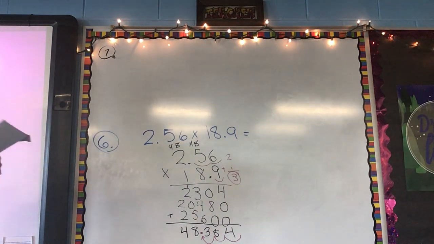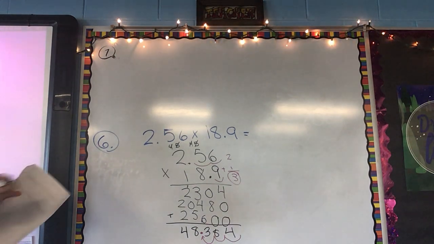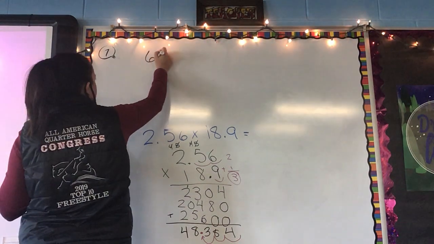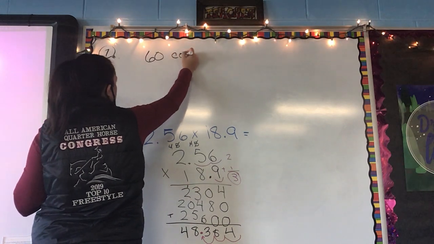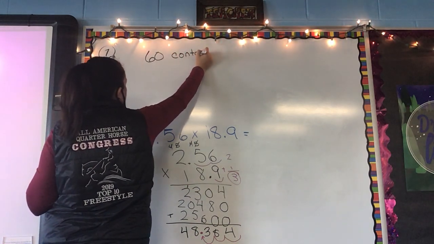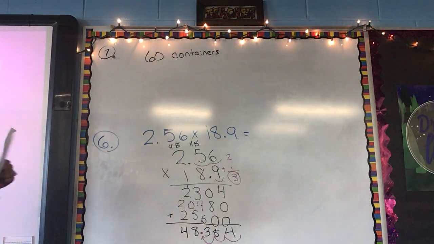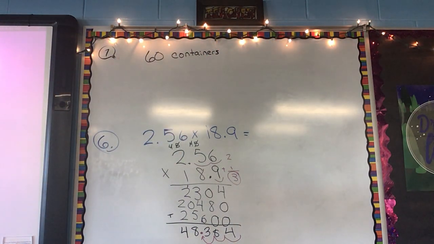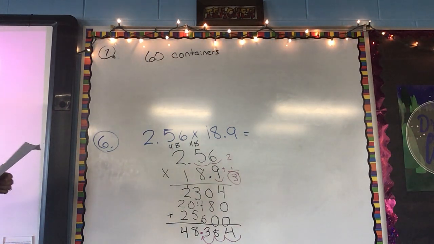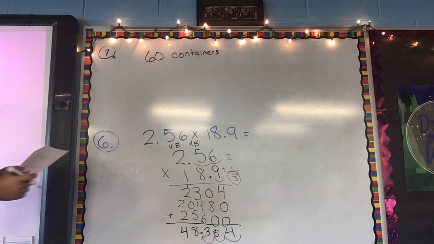A truck is transporting 60 containers. Okay? So 60 containers. Maybe it has your milk in it, your cartons of milk. We get trucks delivered here, and those trucks bring us goods. So they've got 60 containers of their goods. They weigh